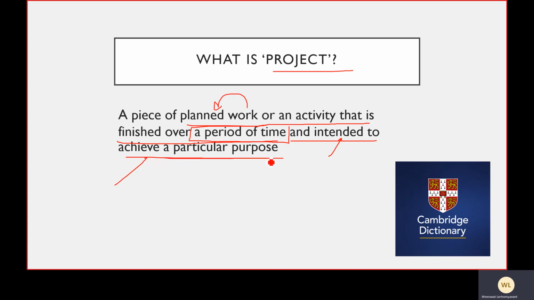You must set the purpose of your project. For example, I'm going to clean a temple nearby my house. The purpose for my project is to make the temple clean and make the temple more beautiful. So that means